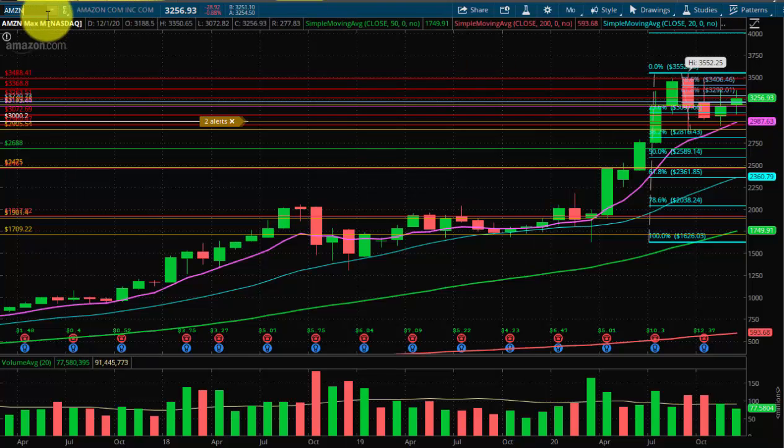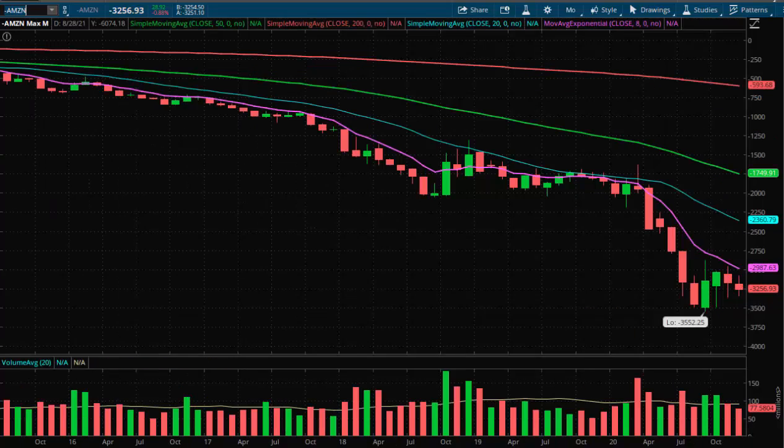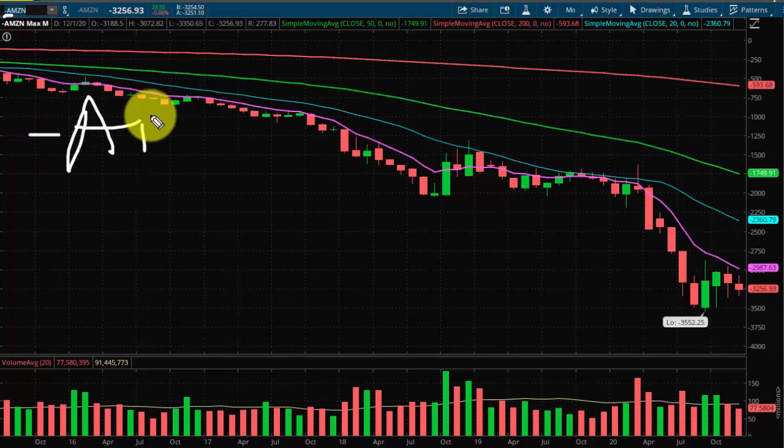And we can even inverse it, right? We can flip it to show you what this looks like unbiased. This is a trick that I use all the time. I've definitely done it in my other videos, but you just put a hyphen, a dash, in front of the ticker, and it'll show you the inverse so that you don't go into it with any type of bias.